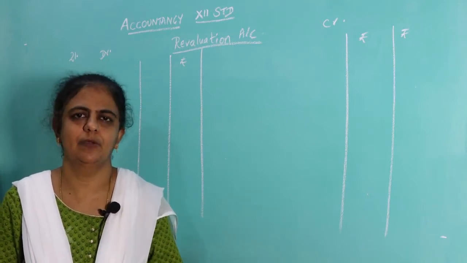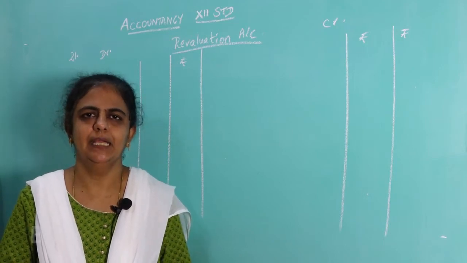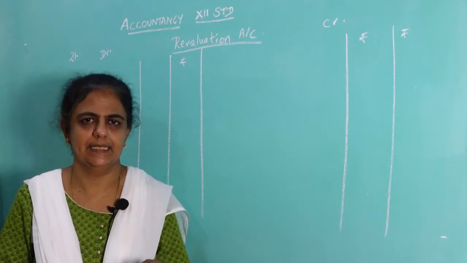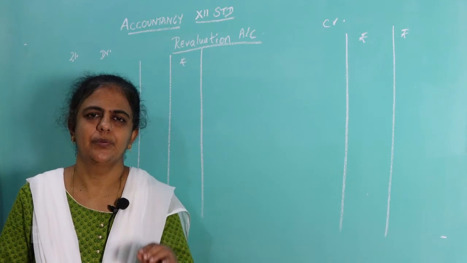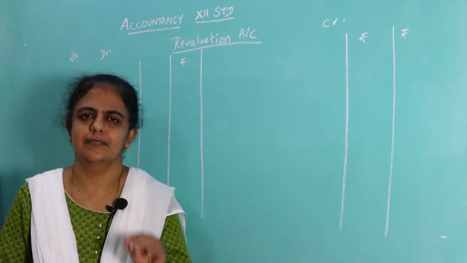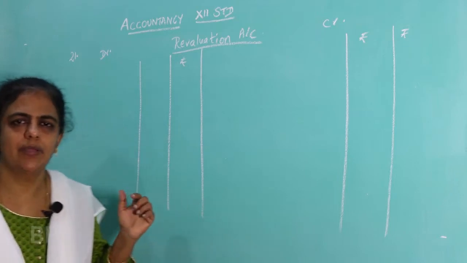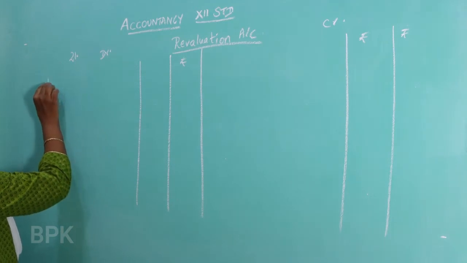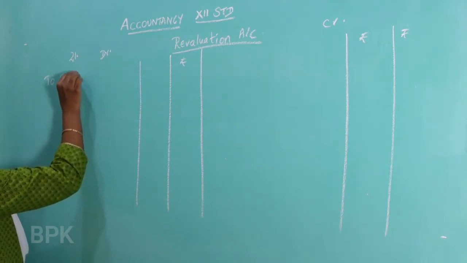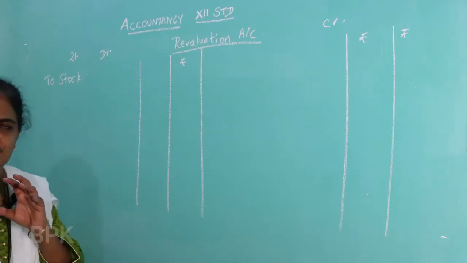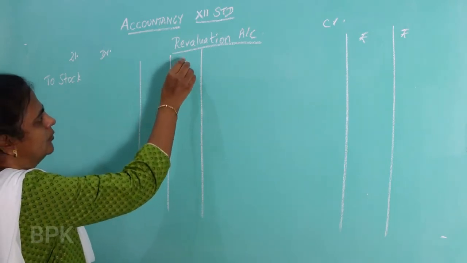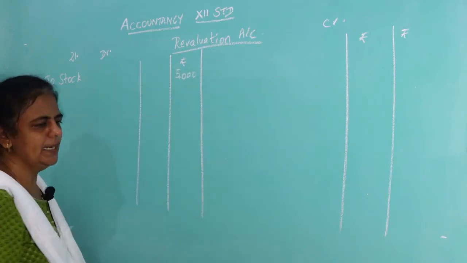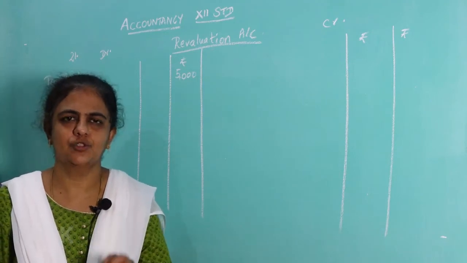So, what is the first adjustment given there? Stock to be depreciated by rupees 5,000. 5,000 stock is depreciated. Stock is an asset. Depreciation means it is a loss. So, when an asset decreases, it results in loss. So, loss means where you have to put? You have to put on the debit side. So, you write here. To stock. The word by means it is the actual loss. Okay. So, 5,000 is the loss. Word by is a clue to find out the actual loss.